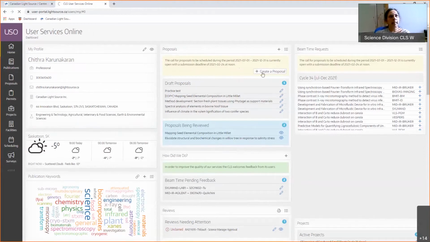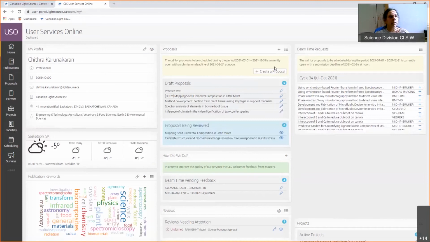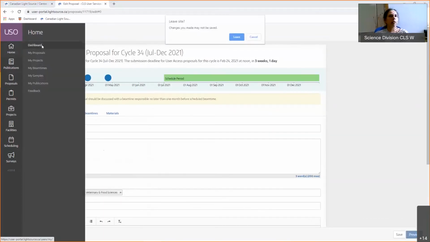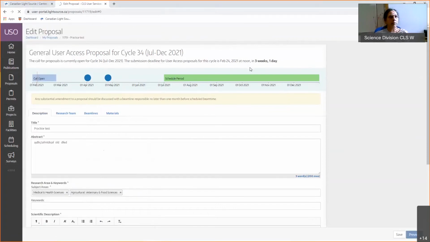So this is where you create a new proposal. If you are new to the system and are going to submit a new proposal, you are going to use this one, okay? Once you start drafting a proposal, all the drafts will be saved here. You don't have to write it and submit today. You can keep on working on it. Your collaborators can review it, and you can keep on editing. So those draft proposals will stay here, and you can continue to edit them, okay? So first, let's see as if you are going to create a new proposal.